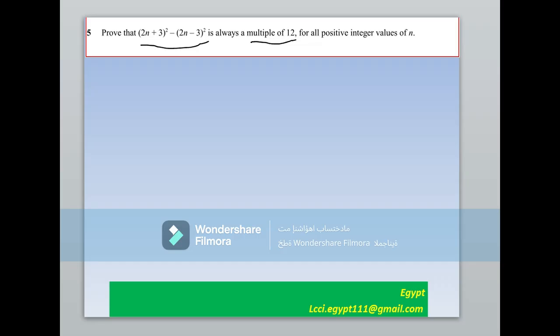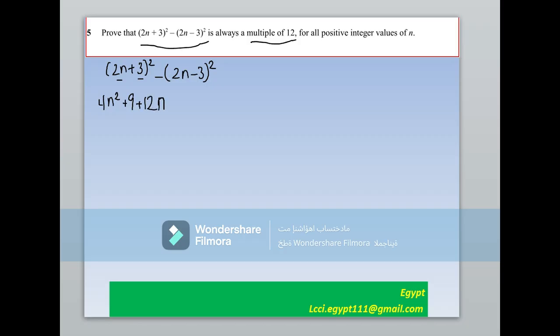Please rewrite (2n plus 3) squared minus (2n minus 3) squared. Let's begin to decompose this square. It's called a complete square. The first will be squared. Attention please. The second will be squared. The first term times the second term times 2